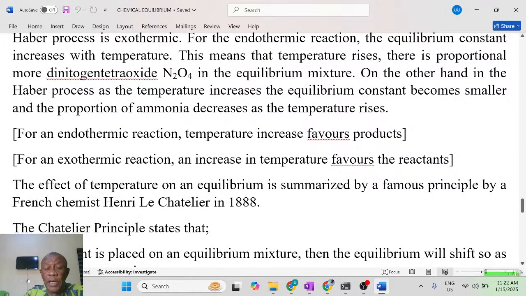So what products are formed? The effect of temperature on an equilibrium is summarized by a famous principle by the French chemist Henri Le Chatelier in 1888. The principle says that